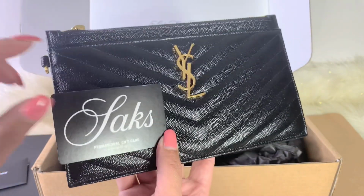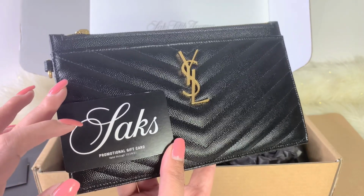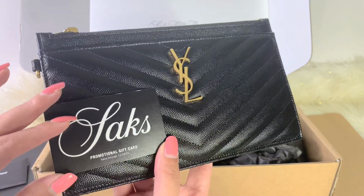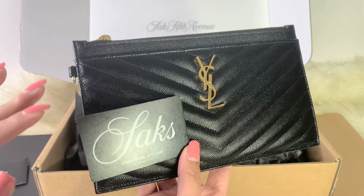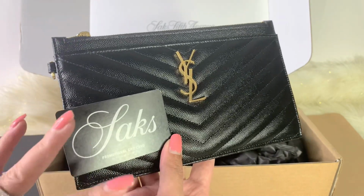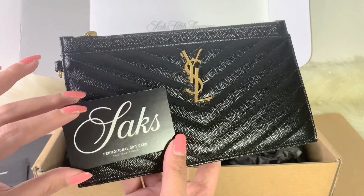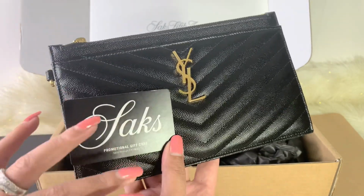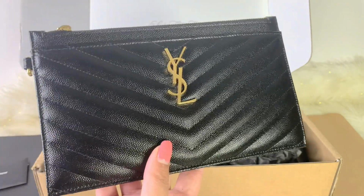I mean, the good thing about Saks is they have a Louis Vuitton store, and you could also use this one at LV. But, well, most of the time I shop at the flagship store. I'm just not really sure about the Saks Louis Vuitton because I don't have a really good experience at that store. But anyway,